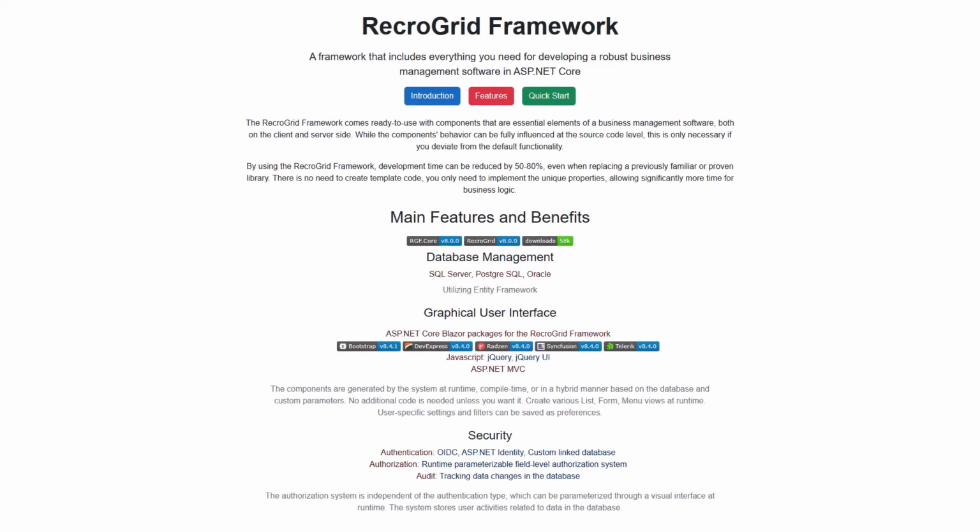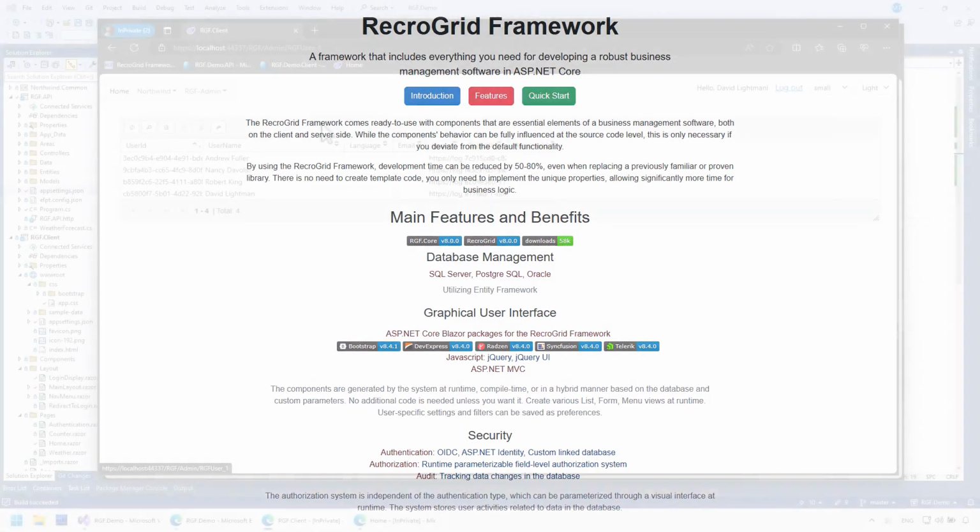Greetings everyone. Here I am again, and in this module is the second part of implementing the Recrogrid Framework's authorization system, where I will set permissions. In the previous part, we initialized the Recrosic module, set up the Microsoft Entra ID registered apps for the client and API, and configured an administrator and 3 other users.